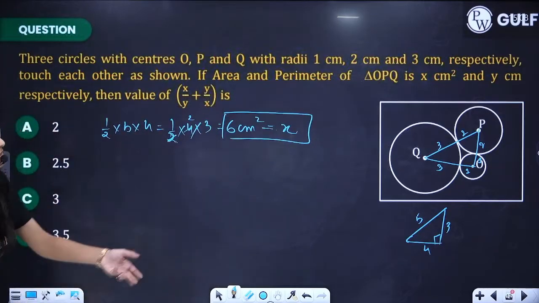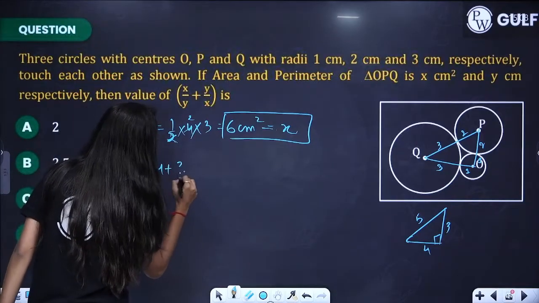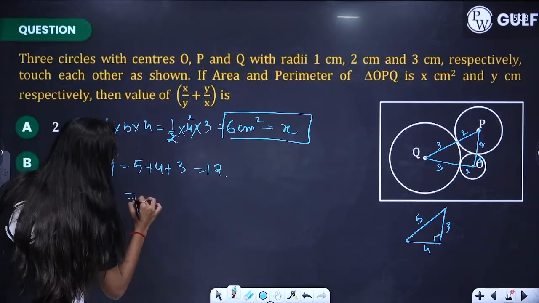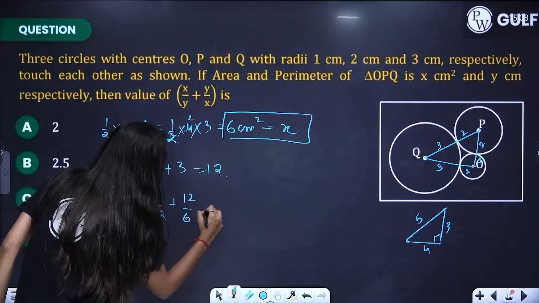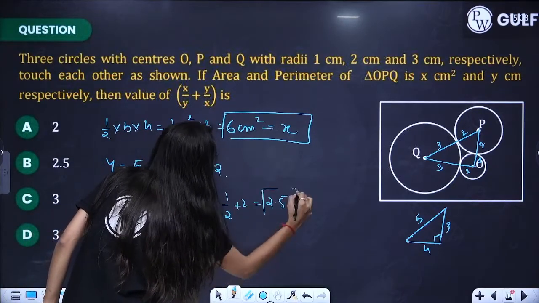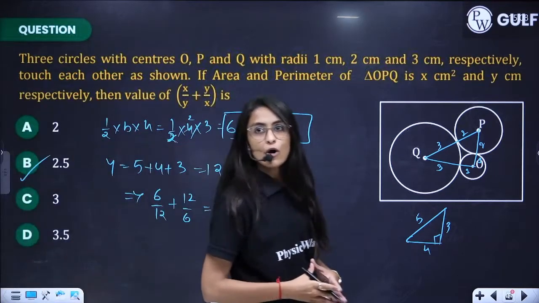And y is the perimeter. So for y, you will be adding 5 plus 4 plus 3, that's equal to 12. Just substitute the values of x and y, you will be getting 6 by 12 plus 12 by 6, that's half plus 2, 2.5. You already know it's your answer B. Okay, moving forward